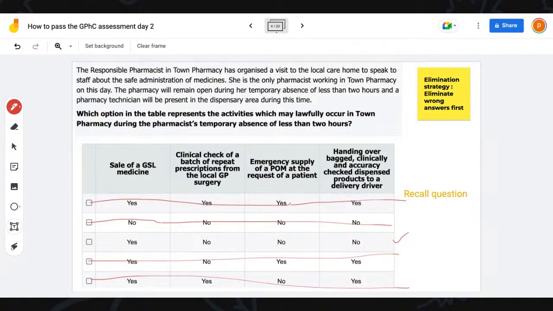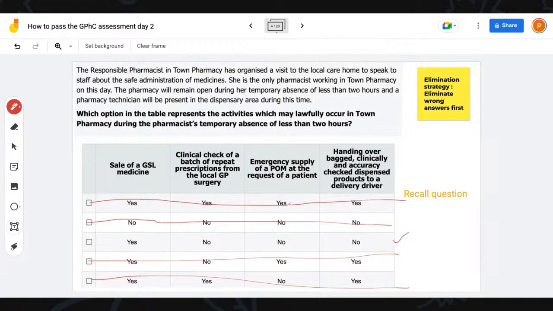So you're going to see that the difficulties of the questions are going to increase slowly. Okay, so I'm giving you easy ones first and then we're getting them a bit harder. But at the same time, I'm giving you strategies so that even the harder ones will be easier for you. Are we ready for the next question? Give me a two. If you're ready for the next question, remember this is a recall question. Recall questions tend to be easier. And I'll teach you more strategies. So by using elimination processes, they're going to help you with the recall questions.